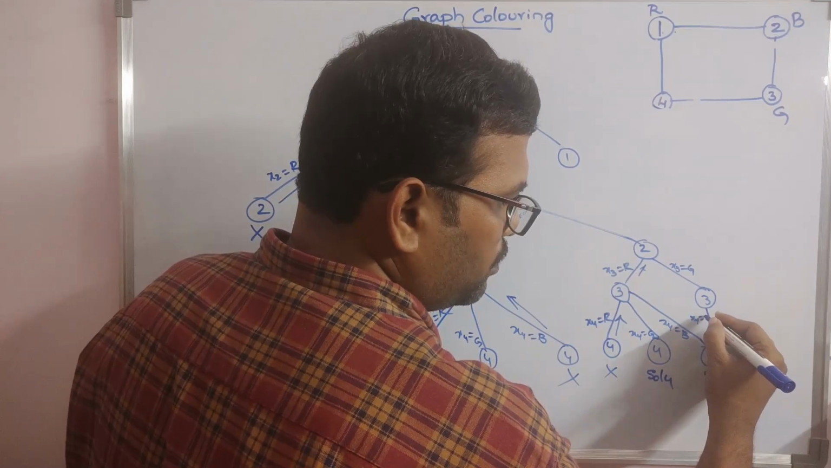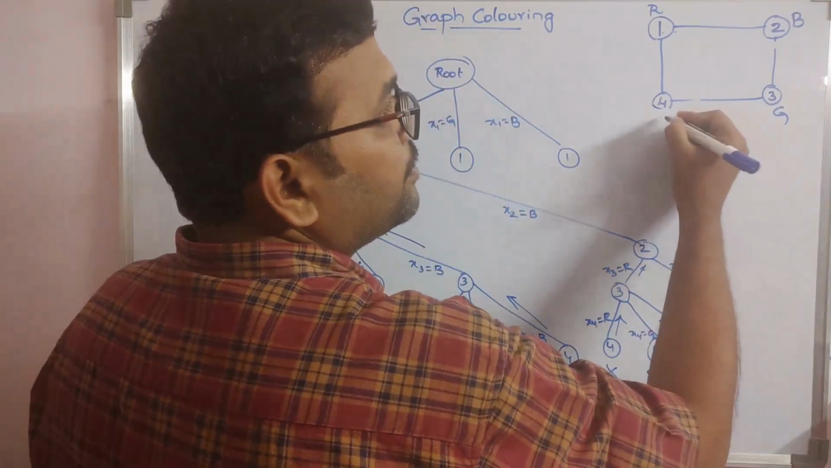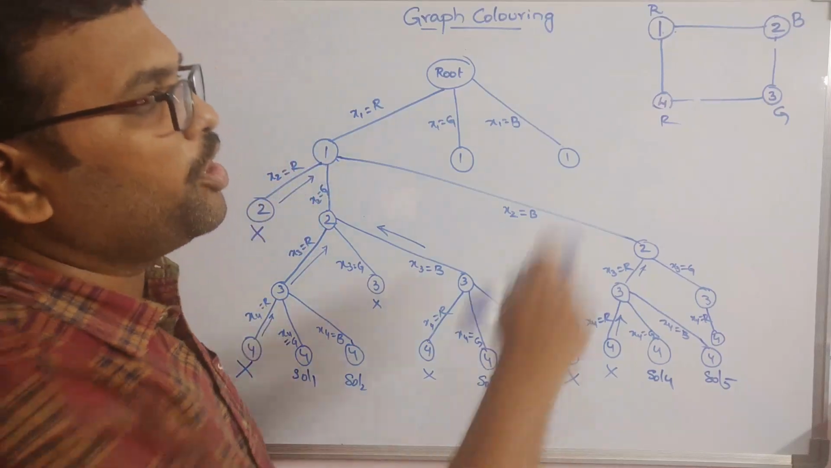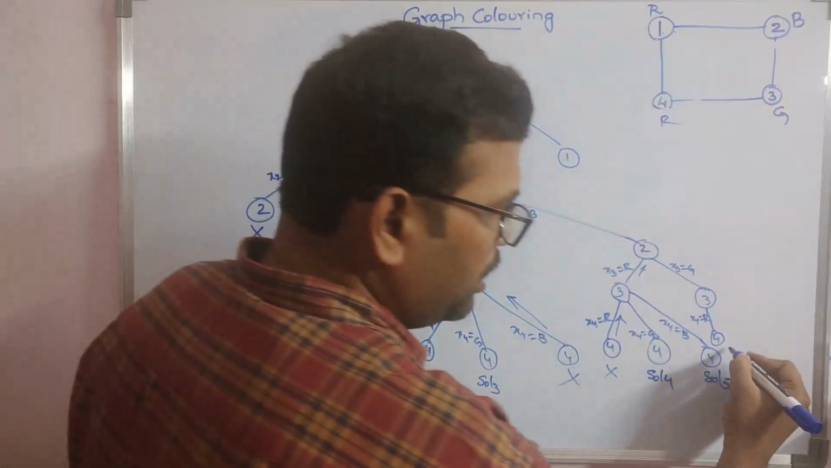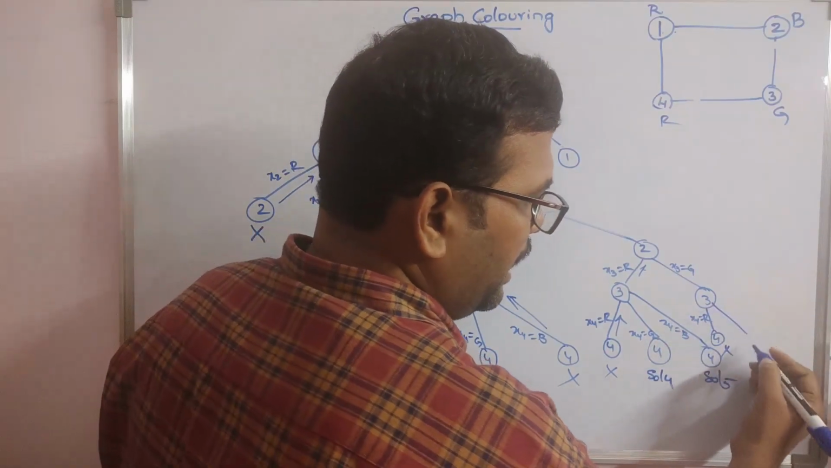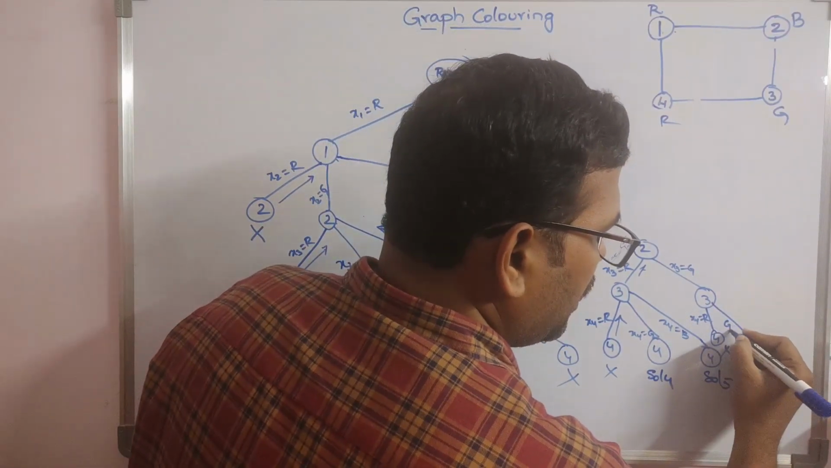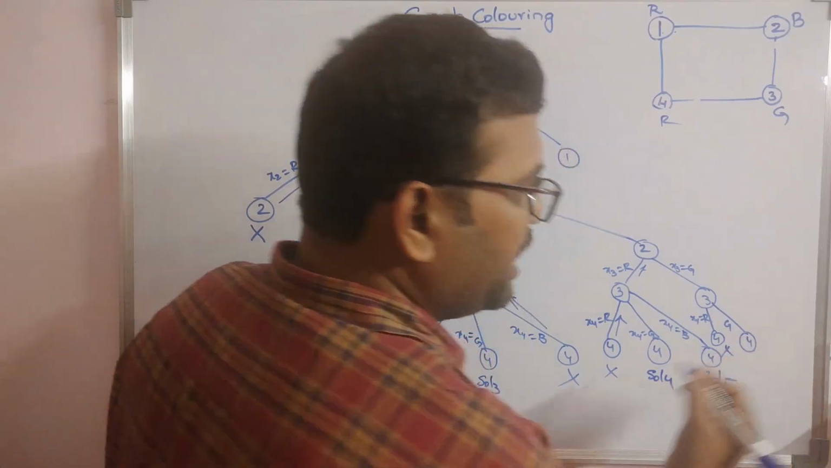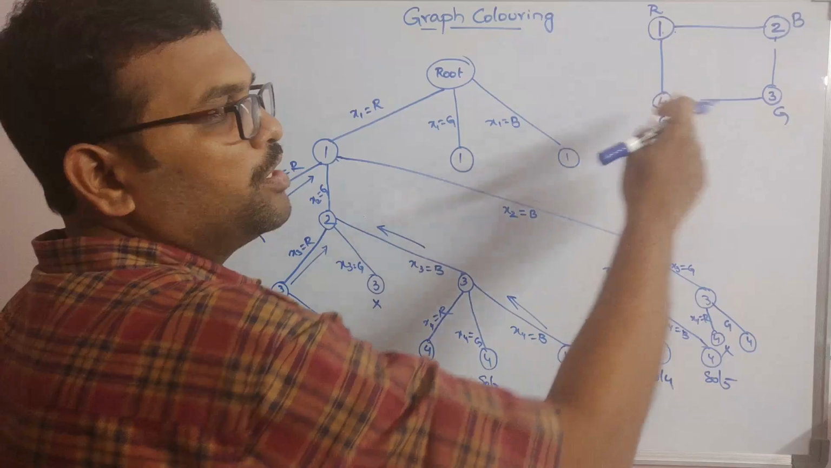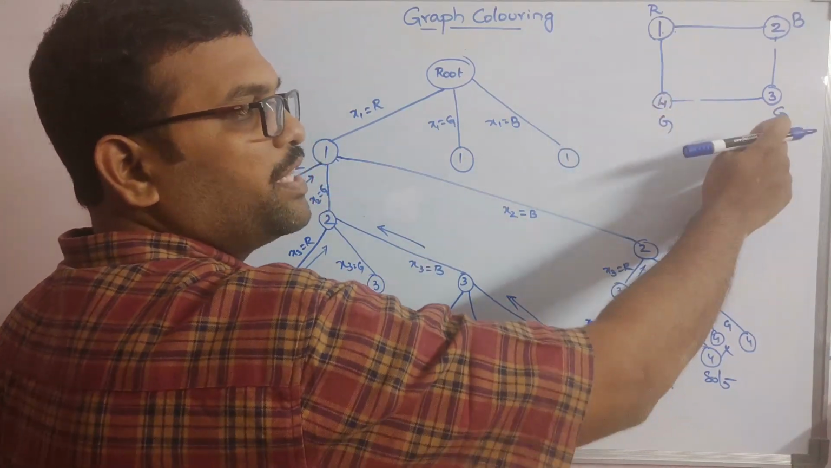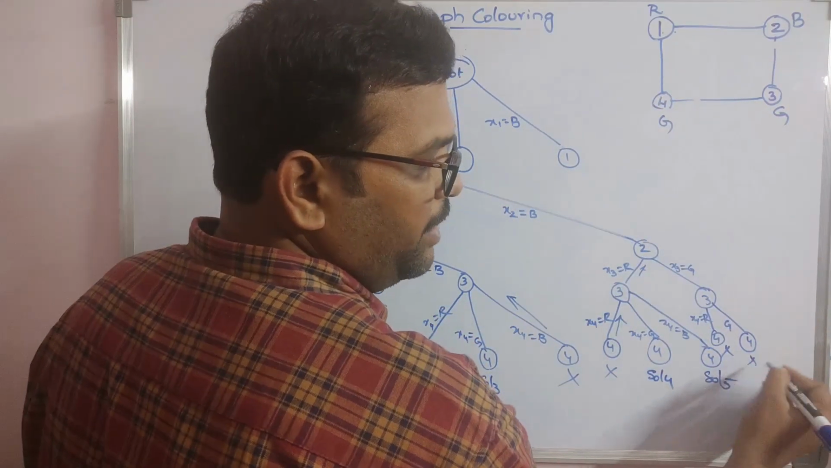Now x4 is equal to red. Is it possible? No, because 4 is having adjacent node 1 which is filled with R. So it can't be possible. So it is false. Again, G, that means green. If it is green, this is also not possible because 3 is adjacent to 4 which is filled with green. So 4 can't be filled with green. Next,